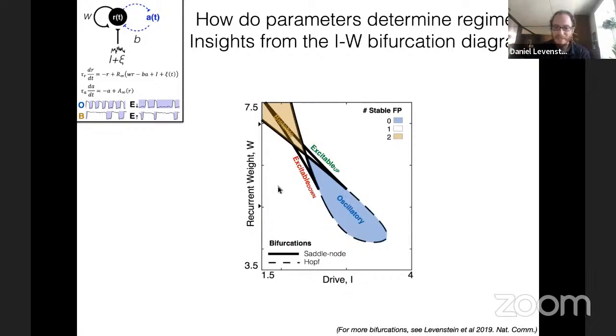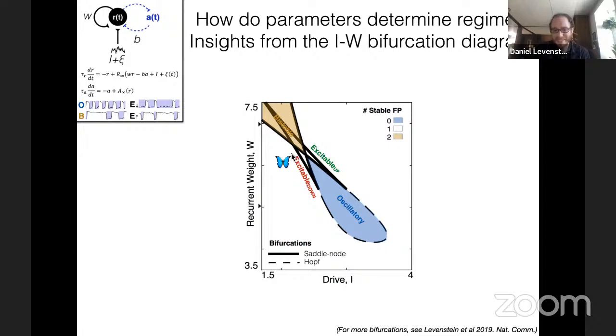So this is the IW bifurcation diagram. It has this configuration with the crossing of two cusps and a hop bifurcation. And so the result is you have this bistable domain at high recurrence, an oscillatory domain at kind of intermediate recurrence, and that 3 fixed point configuration of the excitable regimes with 1 stable fixed point kind of have this limited area in parameter space. Oh, and this is just to remind myself that if you look back in the old bifurcation literature, this configuration is called a butterfly catastrophe, which is kind of a fun fact from history.